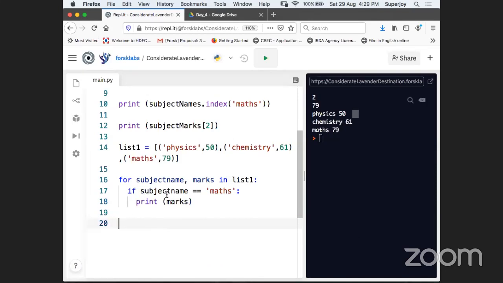So now I'm just saying if the subject name is equal to maths, print marks. Let's see if that will work for us, because in that case we will only get the marks corresponding to maths. Not every record would be printed here. And can you see, guys? We just got 79 as an output.